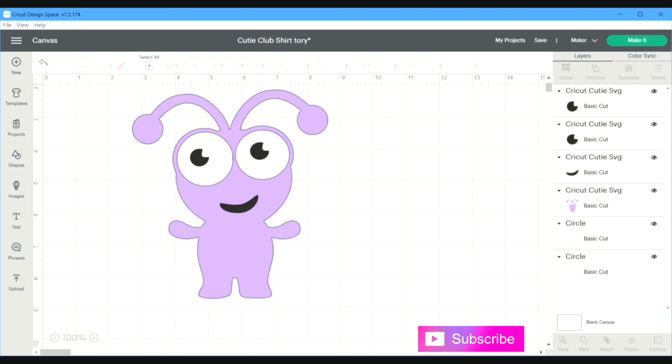So in today's video, I'm going to do an iron-on shirt, and I'm going to do a Cricut Cutie, and I went ahead and already measured the size that I need for my shirt. So we're going to just click Make It,